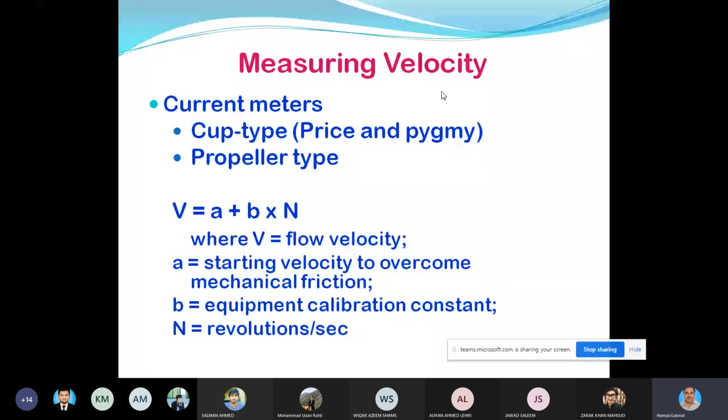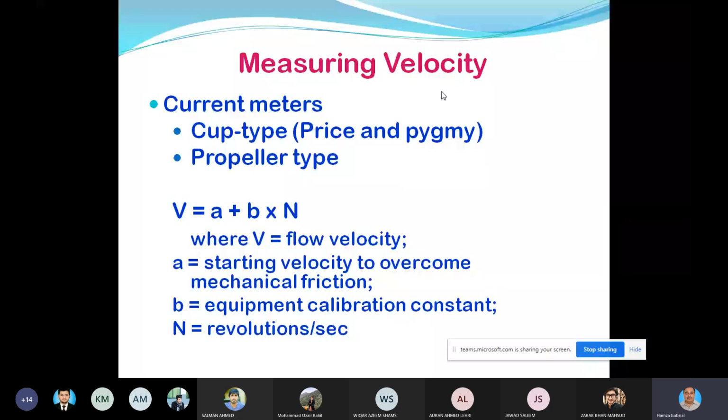पुराने जमाने में आपने देखा होगा कुओं के ऊपर पानी निकाला जाता था, एक वाटर व्हील होता था जिसमें बकेट्स होती थी, और जब वो बकेट नीचे जाती थी, they were filled with water and then they used to come up. So same is the cup type Price current meter, और propeller type जो है वो उसकी वाइड डायरेक्शन के अंदर उसकी मूवमेंट है. So the velocity actually, because it is rotating around an axis, gives you the angular velocity. वो आपको angular velocity देता है.